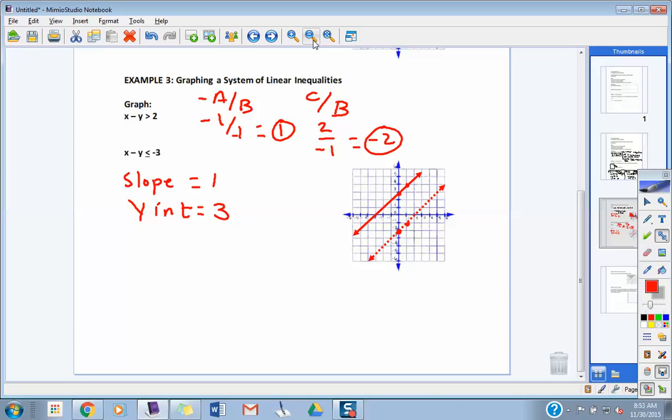But notice over here, what direction did I go for that dotted line? Above or below? Below. Okay, wait a minute. Why did I do that? Well, here's the reason. What kind of a y is this really? Positive y. What kind of y do you have right here? Negative y. All right. So maybe somewhere in the notes down here, jot this down. If you have a positive y and the sign points at it, you're going to go